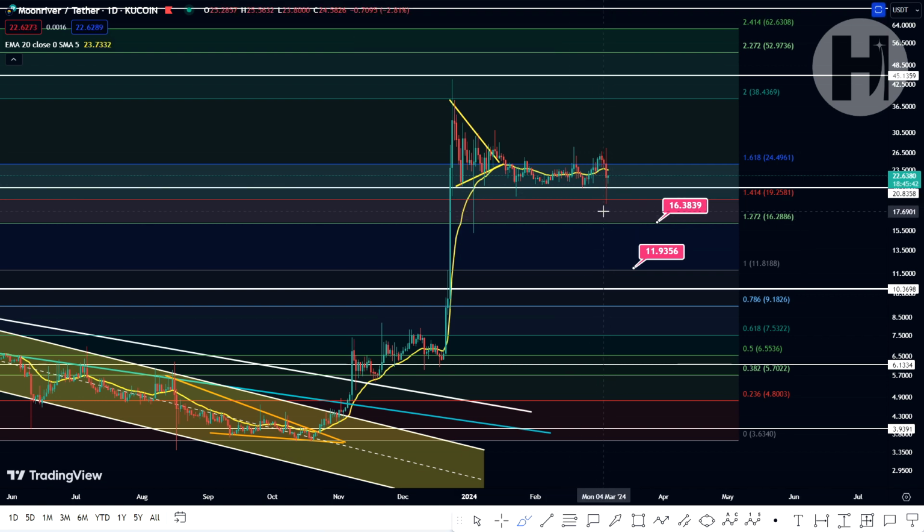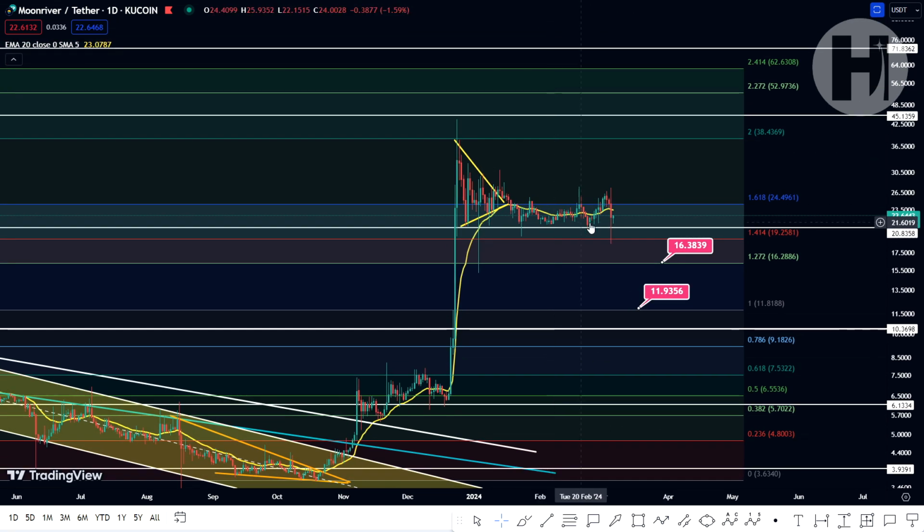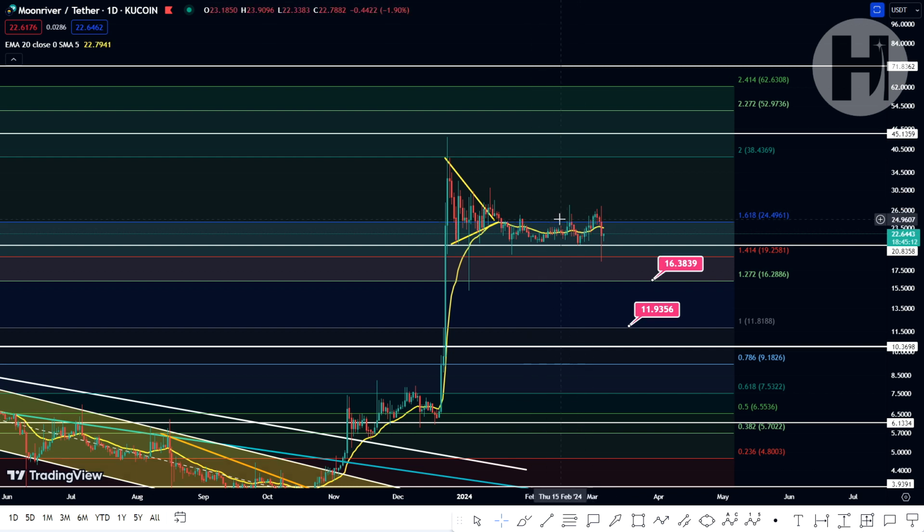So if you had buy limit orders set up at around $19.25, you would have been filled and you would have been up already approximately 17.5%, which already in itself is a good trade. But if you were looking to top up your long-term position, your staking position, this was a really good entry point. And once again, we are holding above $20 and we're kind of trying to break above the 1.618 here,